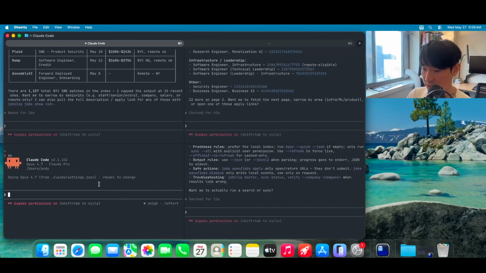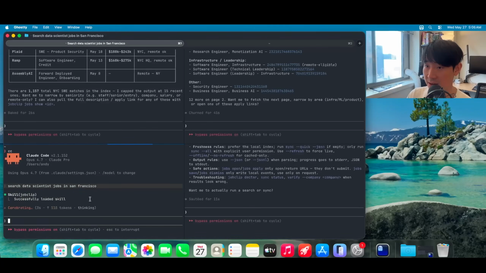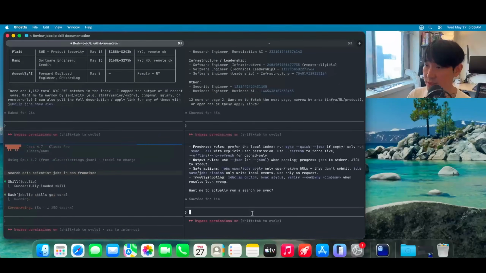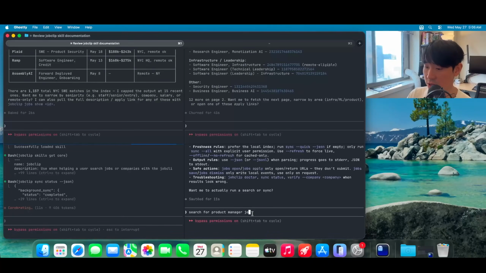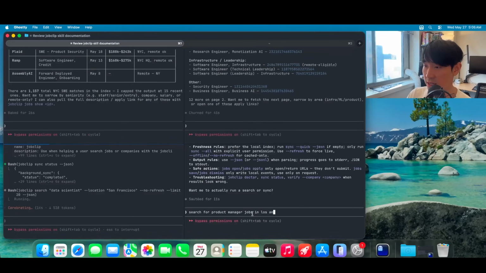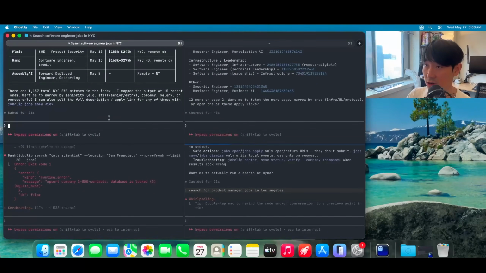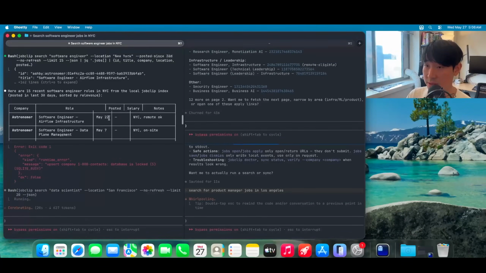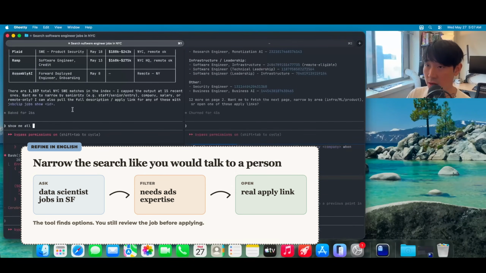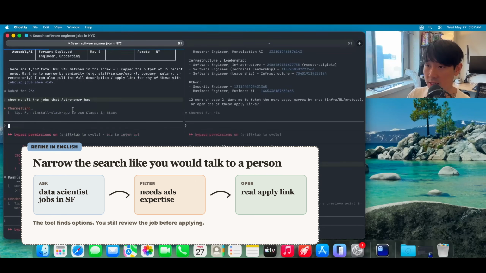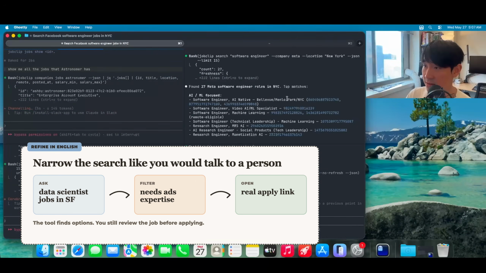Now, let's say search data scientist jobs in San Francisco. And so now you'll see it use a skill again. Okay, so now we can do this: search for product manager jobs in Los Angeles. So you can have it cook and show you different jobs. Let's say I want to refine the search. Show me all the jobs that has, or this one, let's see, give me the link